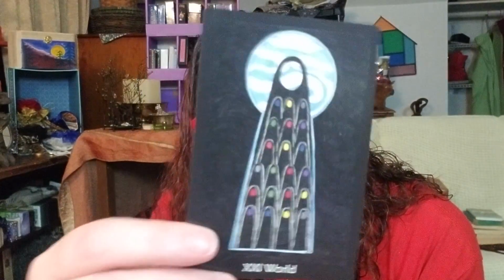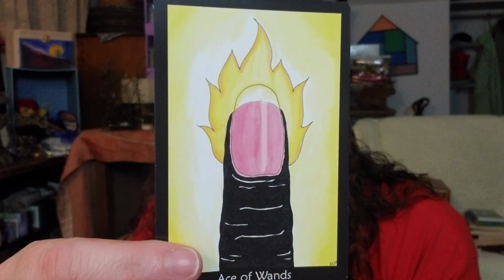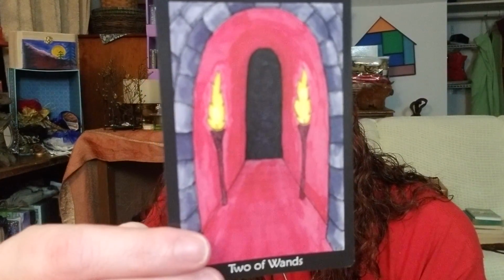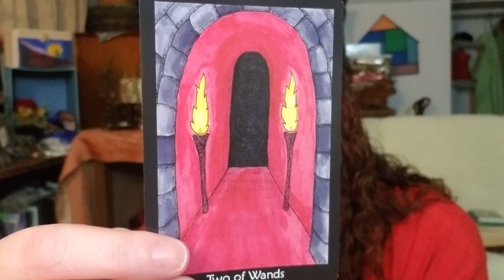And here is the world. Just beautiful. So then we move on to the wands. Awesome card for the ace. Two of wands. Interesting too that it's, you know, stepping through into the darkness. We're starting a different kind of journey